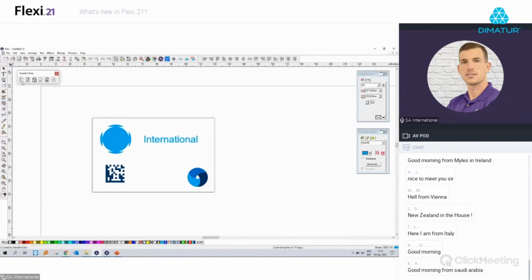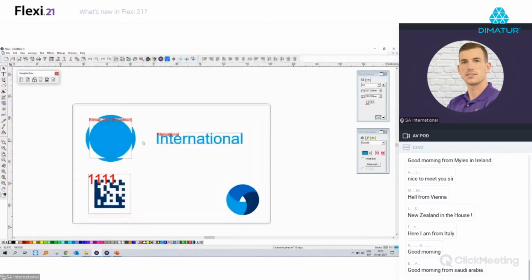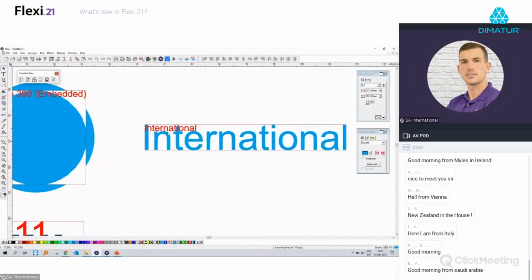Okay, and you'll see some icons in the toolbar. So to convert our elements to variable data, we have to use the first icon. So international, convert to variable data. The data matrix, convert to variable data. And the bitmap, convert to variable data. You'll see now the elements, they get a